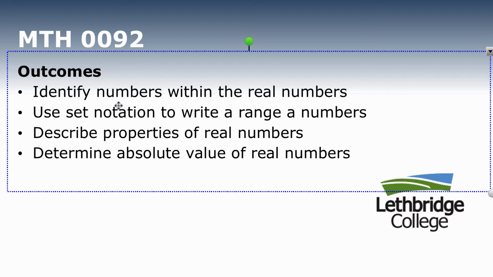Our outcomes, or what we'd like to do, is look at the different types of real numbers, make sure that you know how to classify them. We'll look at properties of each of the real numbers. Then we'll use set notation to express a range of numbers within the real number system. And finally, we'll look at one other characteristic of number systems, a concept that's called absolute